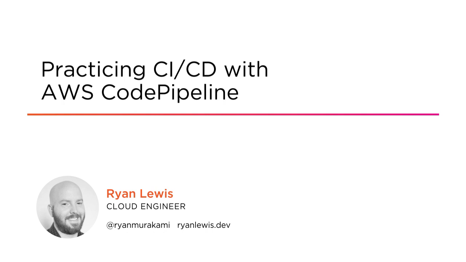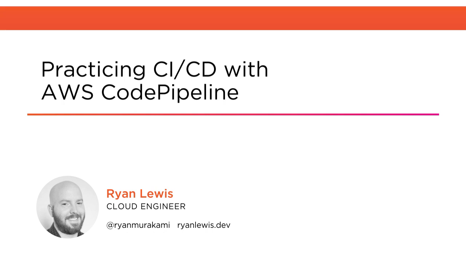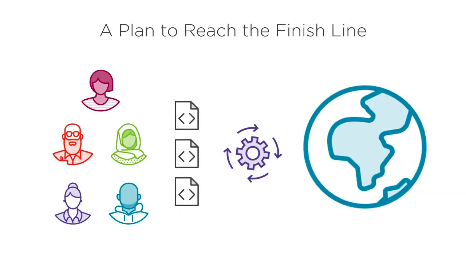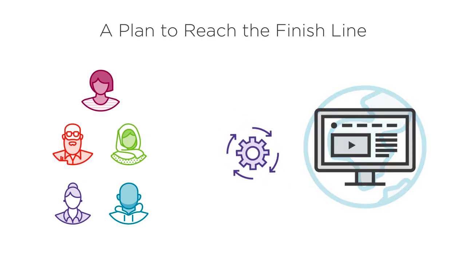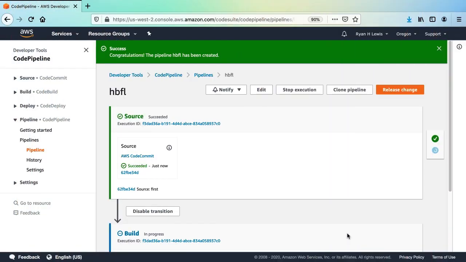I've been architecting applications in AWS for many years in my work for large enterprises as a cloud engineer, and I've used CodePipeline for CI/CD in both large and small projects. Coding and development is just one part of creating software, and figuring out how to get your awesome application to users isn't easy. If you're working in AWS, then CodePipeline is going to be your new best friend for building